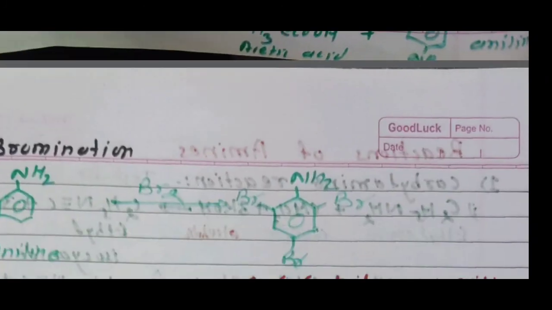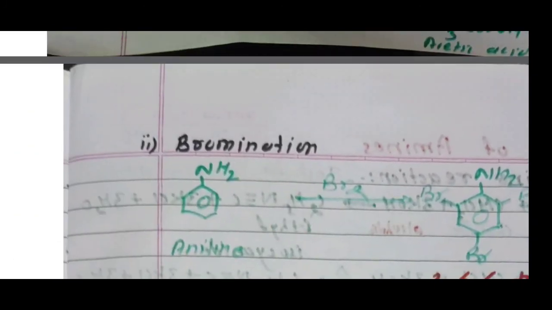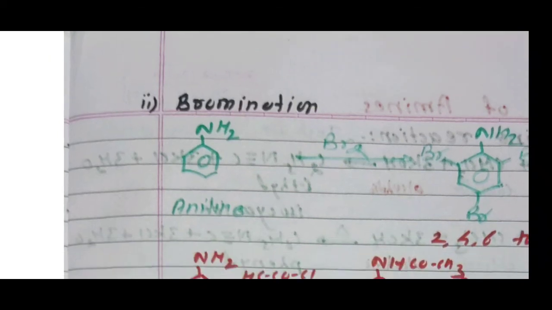Then further we study the bromination of aniline. Next reaction, bromination of aniline. Here the amino group activates the nucleus to such an extent that substitution takes place at two ortho and one para position. Thus the reaction with chlorine and bromine gives the tri-substitution product. For example, in the reaction with bromine, aniline forms